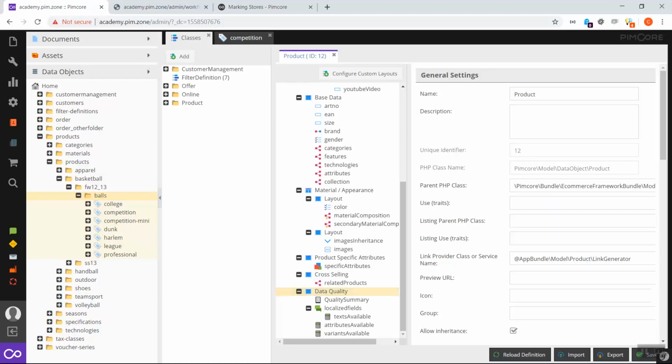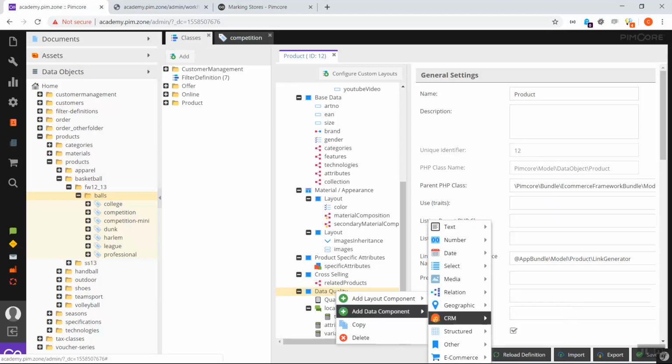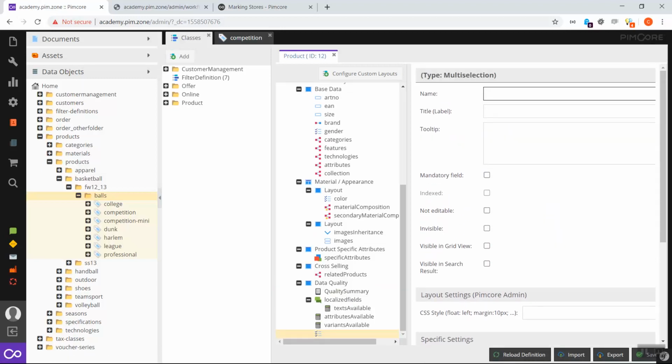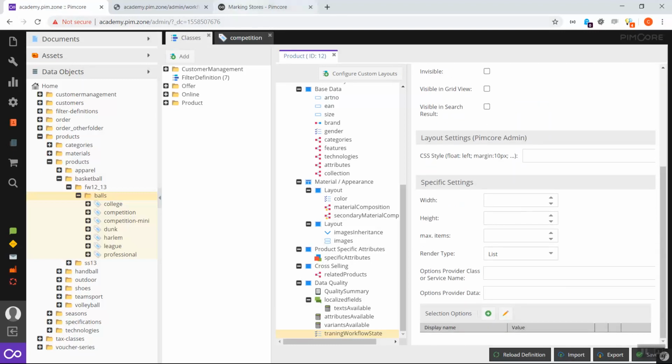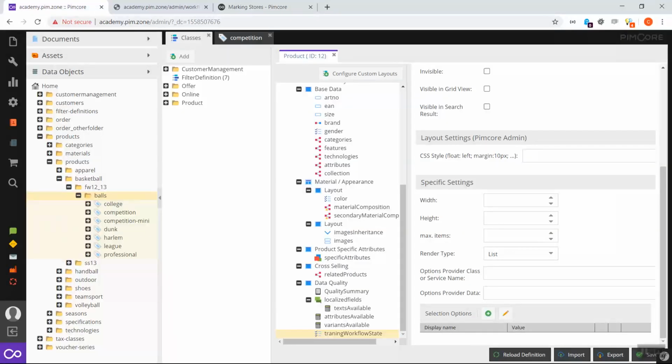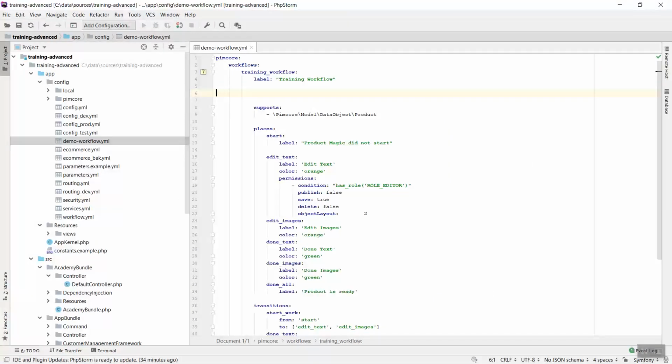So let's go to the class editor and add, for example, an additional multi-select field, which we call, for example, training workflow state. As options provider, here we provide this service that is registered automatically by Pimcore, and as options provider data, we need to provide the workflow key here,